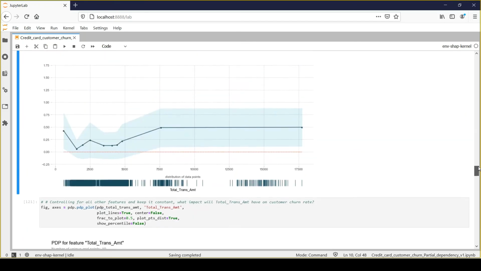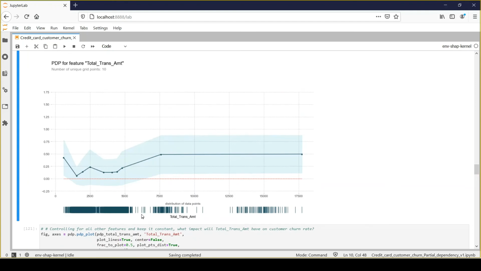We'll take another variable, and one more thing. Here you can see the distribution of that variable, right? Most of the distribution for my total transaction amount varies between 500 and 5500, okay? And we have some values between these, and here we have very few values or fewer rows in these ranges, right? So that's a very handy way of looking at the distribution of your total transaction amount and how your prediction changes on those value ranges, okay?